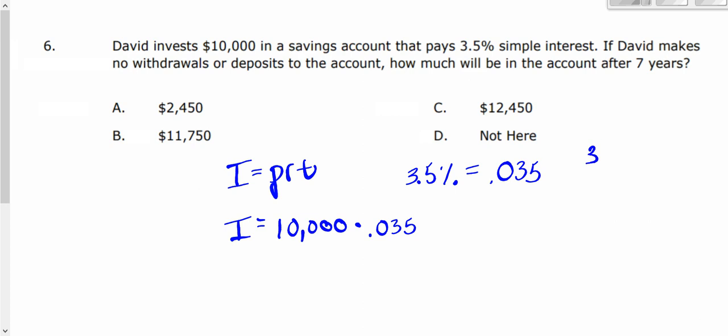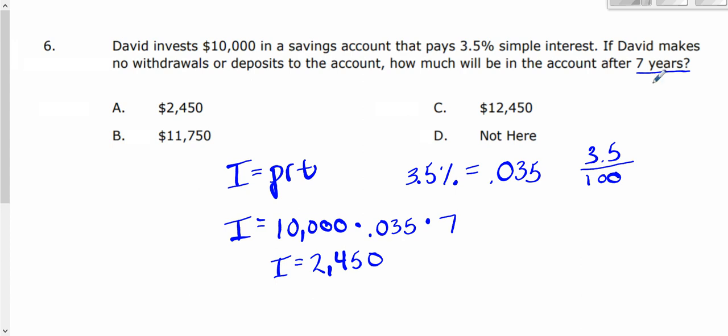Remember, we took 3.5 and divided by 100. And then times the amount of time, so 7 years. So my interest is $2,450,